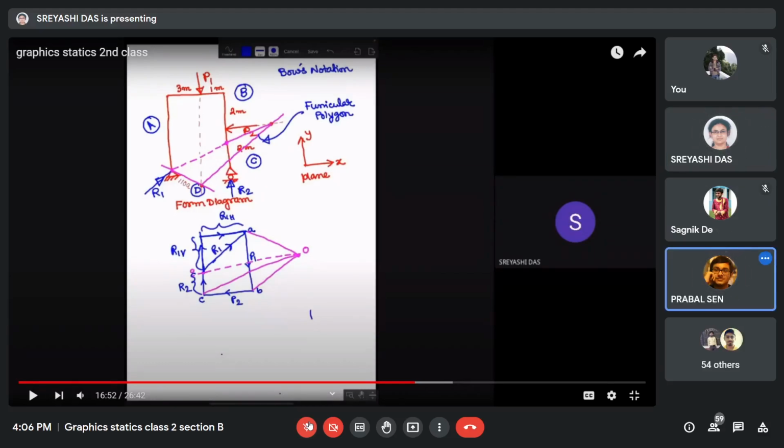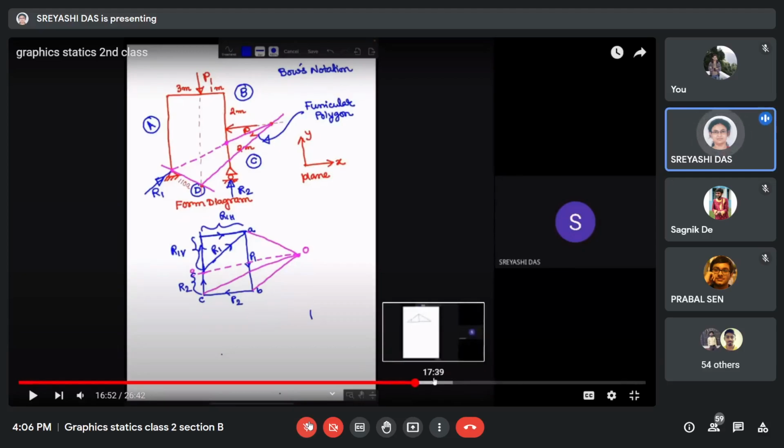So the truss structure will be subjected to some vertical load. Vertical load on the truss structure may come due to the gravity action of the dead load or live load. In those two cases, this vertical load will come on the rafter, and the load perpendicular to the rafter may come from the horizontal action of the load, that means seismic load or wind load. Here we will show one problem for a truss structure.